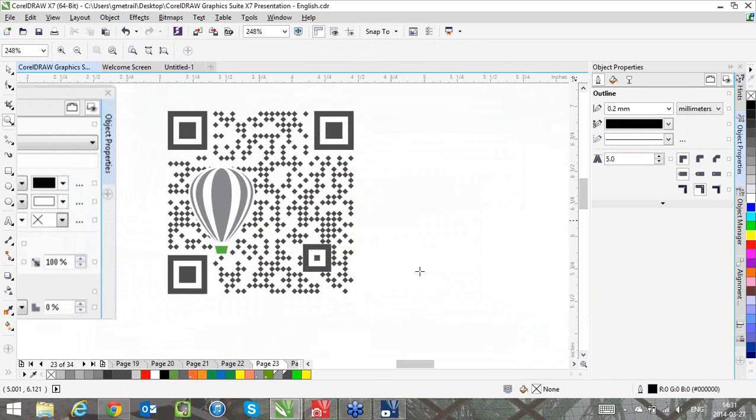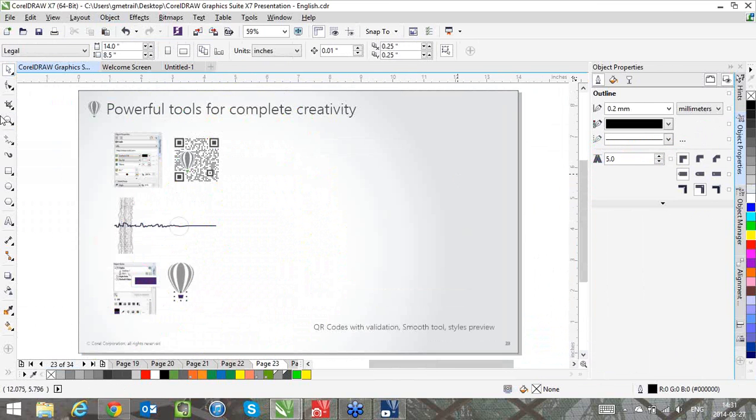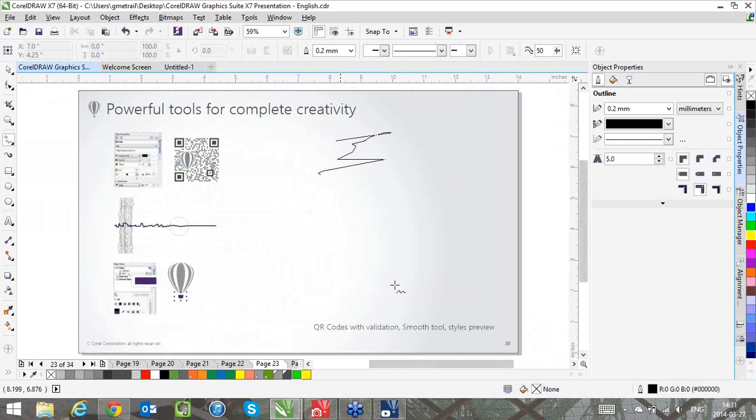But this has helped us to really test it here and make sure that if you make this balloon a millimeter bigger, it will fail the QR code validation. So we have done a lot of testing to make sure it works perfectly for you, so that you don't have production losses where you print something and at the end of the day it doesn't get recognized on certain devices. Another of the new things we're doing, I'm just going to create a jiggly line here,